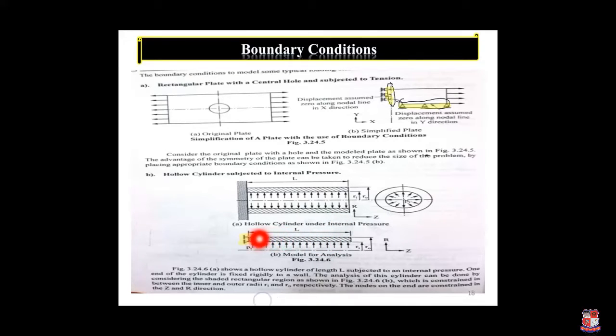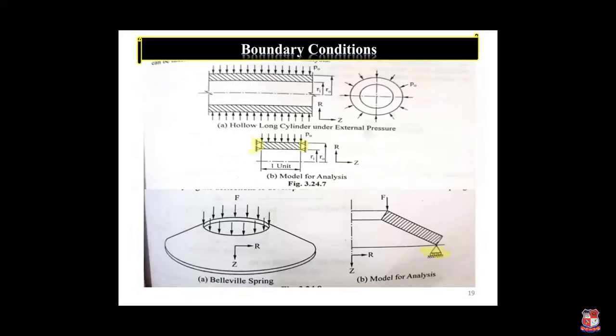When we take a single strip of one part, you can consider it as a simply supported beam, yes or no? When we solve a simply supported beam, it is easy to solve. Here we can take fixed supports, and the internal pressure applies pressure on it, and we can easily find the final reaction. We then apply that reaction to the whole cylinder by multiplying in the circumferential manner. Okay, let's go ahead.